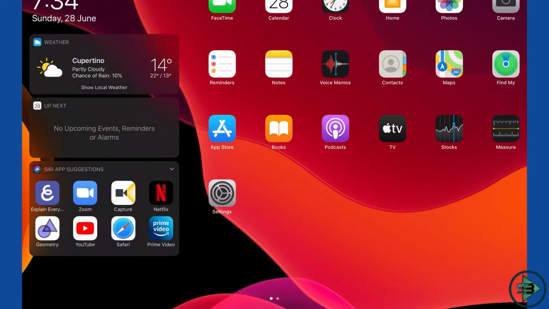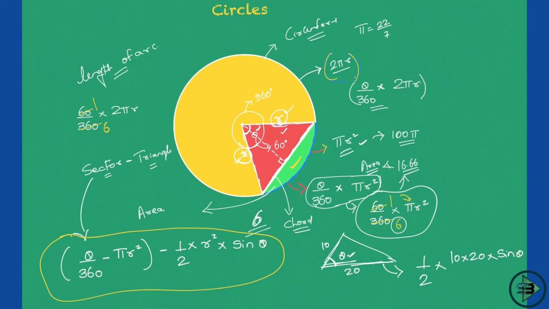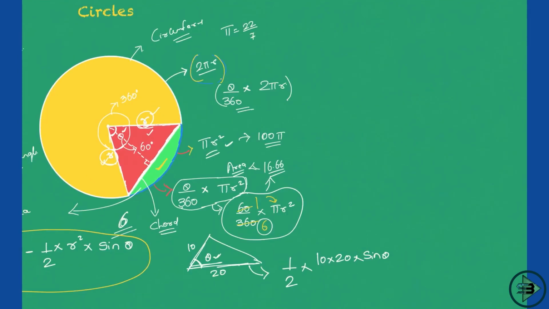Okay, now the last concept that we see for circle will be this. Now most of the concepts are clear here. The 5 things that we wanted to know are quite clear to us. Now I'll draw 2 circles here. So instead of 1 circle, I'll draw 2 circles. So 1 circle, I'll draw it something like this. And I'll draw another circle here as well. Let me put it in a different color. So I'll draw one more circle which will be like this. So I draw 2 circles here.